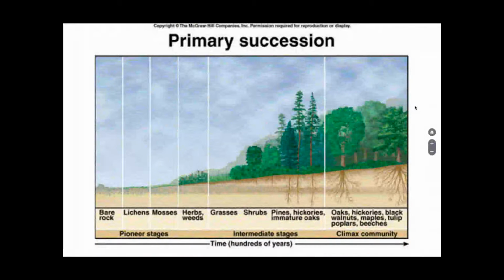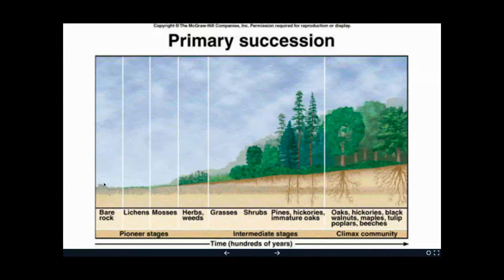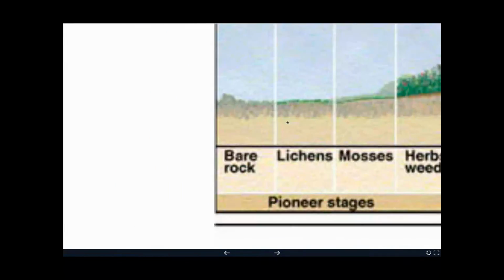So you can see in a timetable, it looks something like this. Remember, primary succession. We're always going to start off in an area with no soil, so it's always going to start off with bare rock. If I show you a diagram on a test and you see that diagram starts off with bare rock, you know it's primary succession because there's no soil. And then here's your pioneer species like the lichens and the mosses that are going to help build up the soil for other organisms like grasses and shrubs to move in. And eventually it's going to turn into a forest, and that's your climax community, and that's going to stop. And again, hundreds and thousands of years for this to occur. This process is very slow, but over time you're going to end up with your climax community, a big forest. There's your bare rock